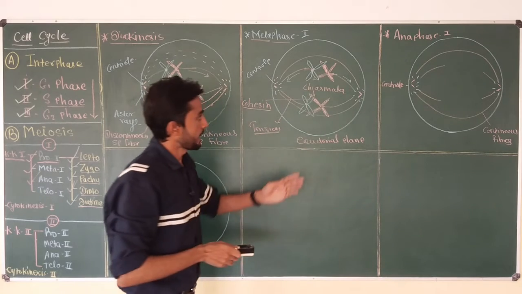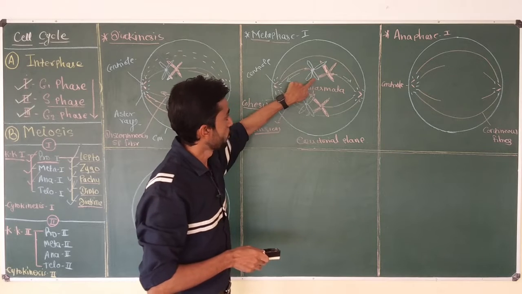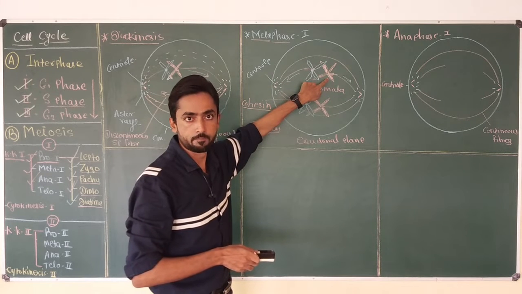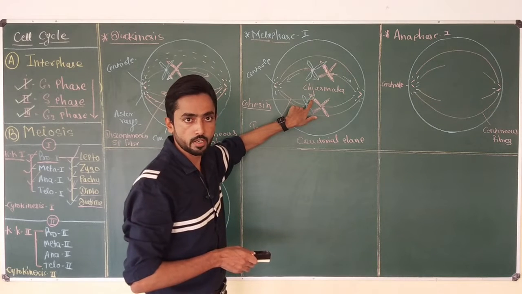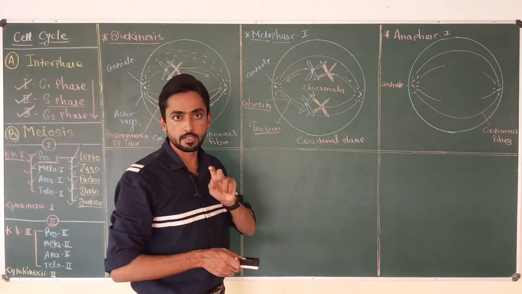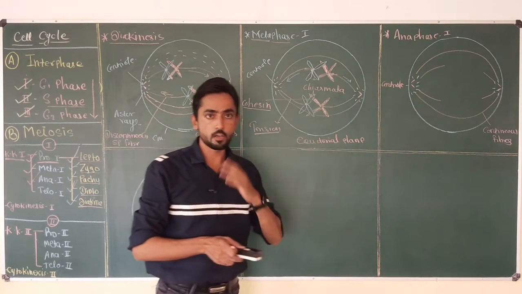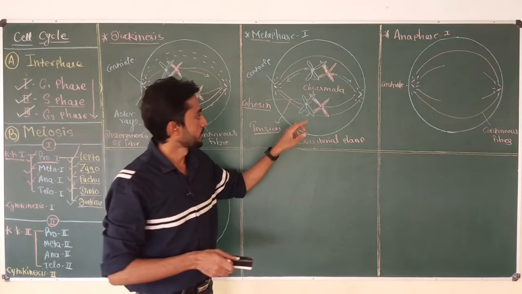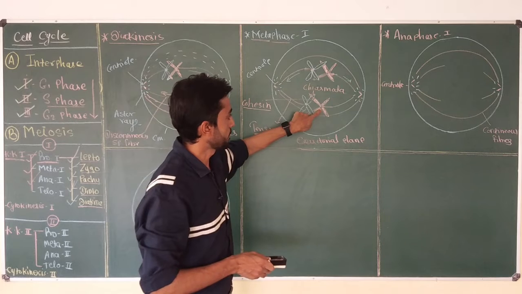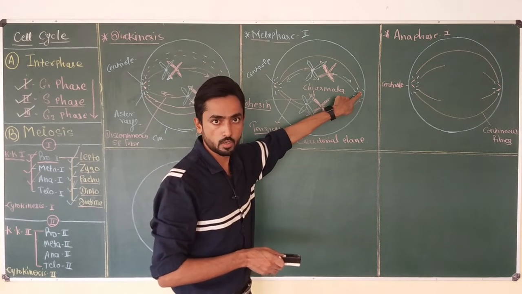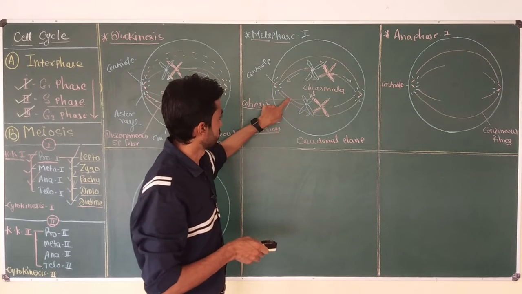So anaphase 1 is the stage in which the actual separation of the homologous chromosomes occurs. They are still attached at the chiasmata. The point where non-sister chromatids are attached is the chiasmata. But now in anaphase 1, breaking of the chiasmata occurs, and out of the 2 chromosomes, one moves towards one pole and the remaining chromosome moves towards the other pole due to contraction of the chromosomal fiber.